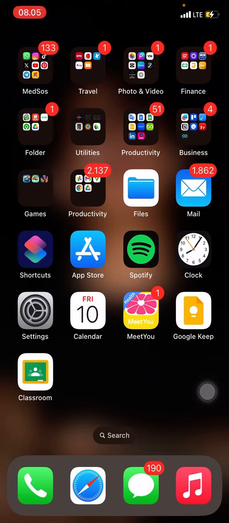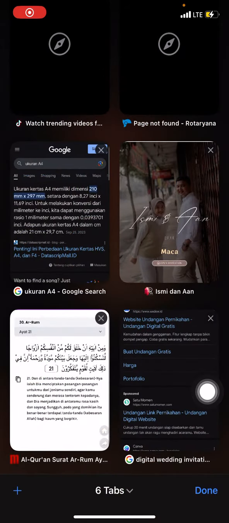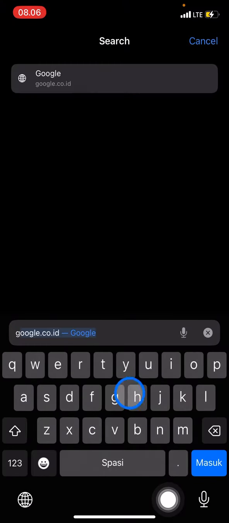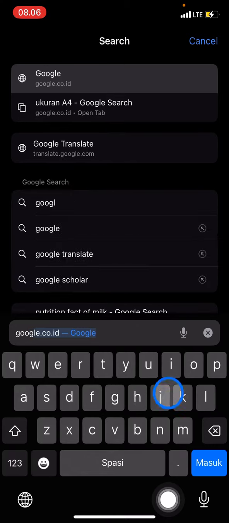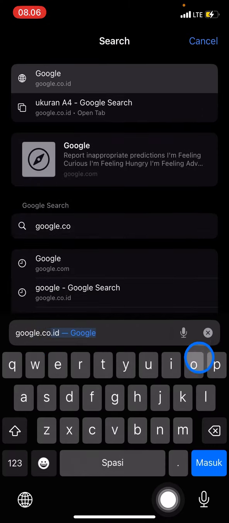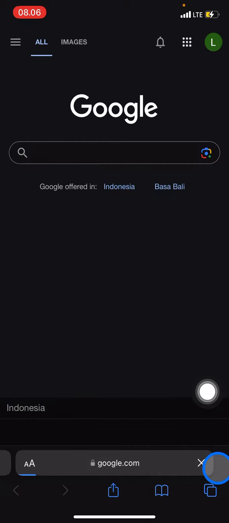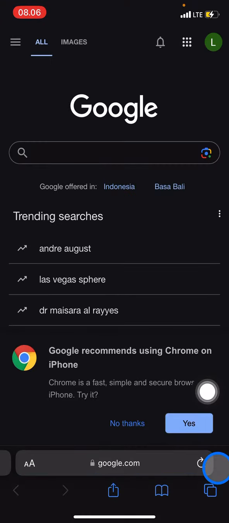The device that I use now is an iPhone XR, and the way we use the language tool on Google is to go into Safari, and after that we need to open a new page by clicking this plus button, and then you just need to type google.com, and after that just click search, and here's the look